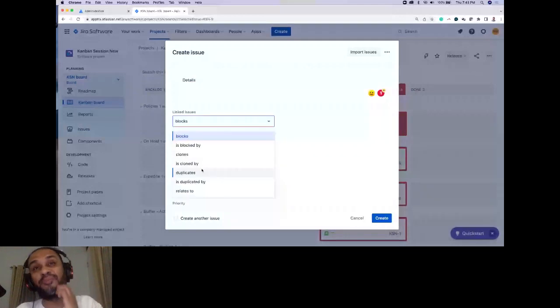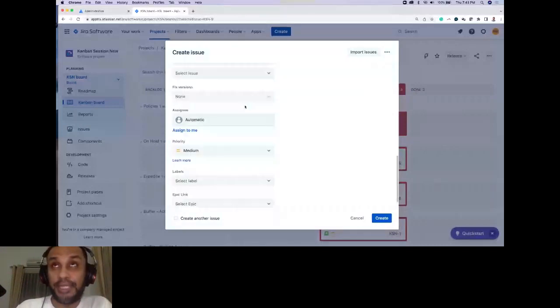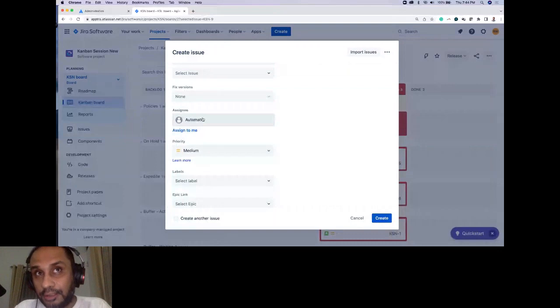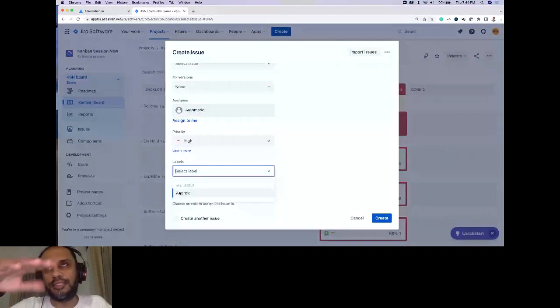Now, if our user story is blocked by something, if our user story is duplicated by some relationship, mark that as well, right? And then assigning the work to someone. Assigning the work to someone is also about visualization. Marking your priority again is also about visualization. Adding labels, right? So again, this is something that the team needs to discuss and decide. What sort of labels do we use? How do we use labels? When do we use labels? This is again something that the team needs to discuss and decide.